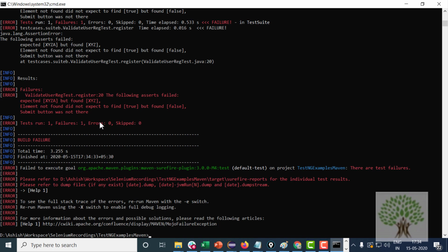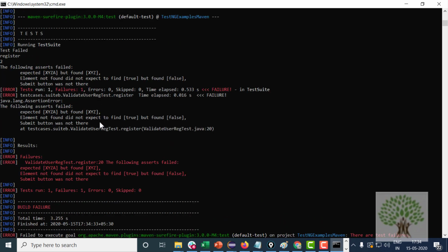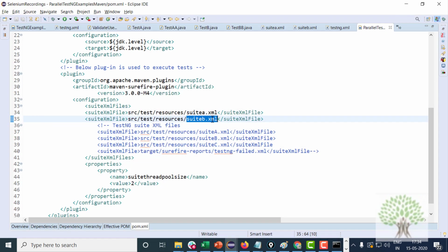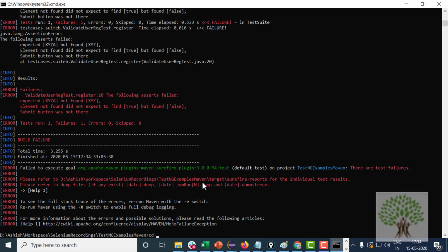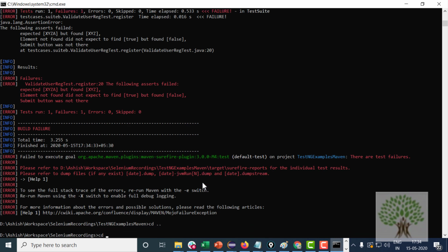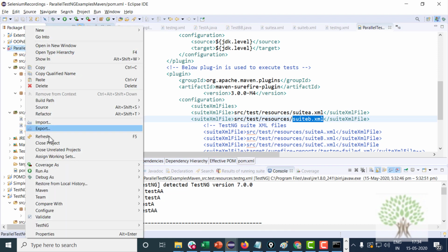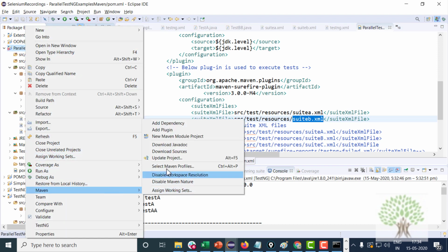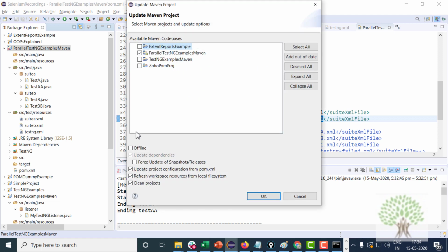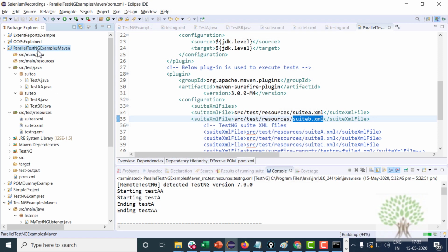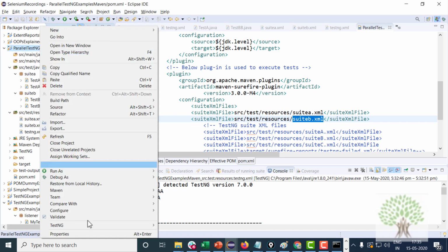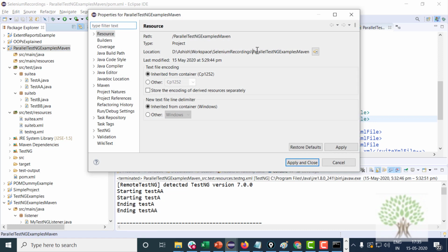Just a minute, which project did I execute? The other one. I have to run this project, the new one. It's showing some error. You go to Maven, update project, and you have to go to the path of this project.